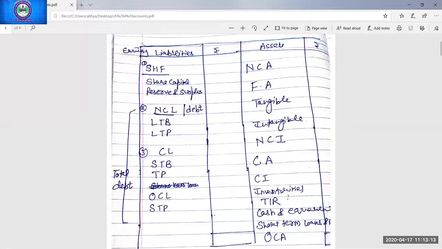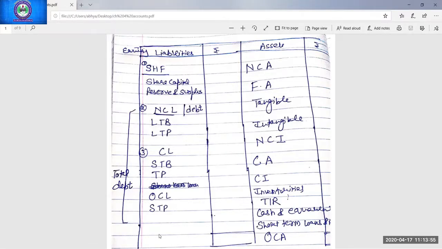In equity and liability, there are major heads which I told you earlier. There are 4 major heads, but the share application money pending allotment we will not be doing from the ratios point of view. So basically here there are 3 heads in equity and liability. The first is shareholder fund, and under shareholder fund only 2 heads are there. I have left all those items which are non-evaluative topics, as I told you many times.